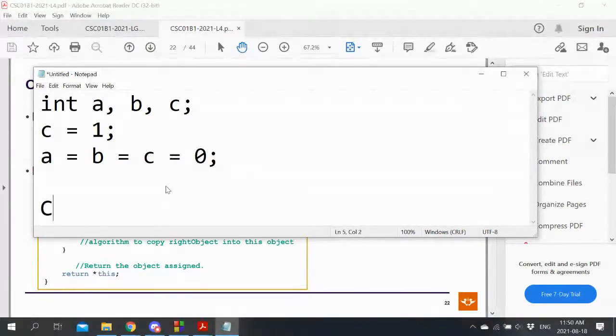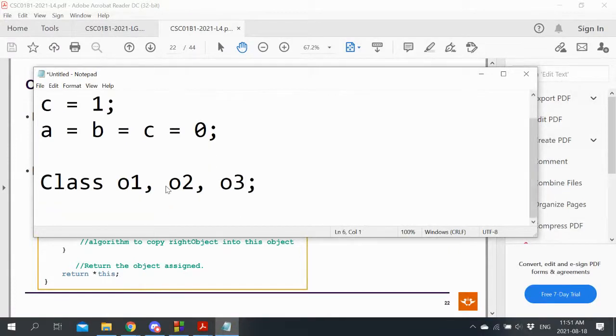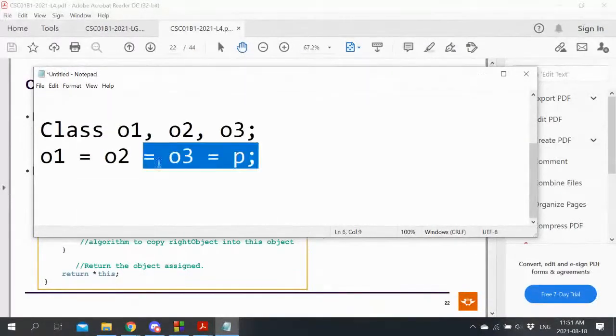Let's say we had the class O1, O2, O3, and we had a pre-existing class called P, and we wanted to make them all the same. So O1 is equal to O2 is equal to O3 is equal to P, and we want them all to be equal to P at the end of the day. So we must evaluate from right to left. So what should be returned at the end of this?